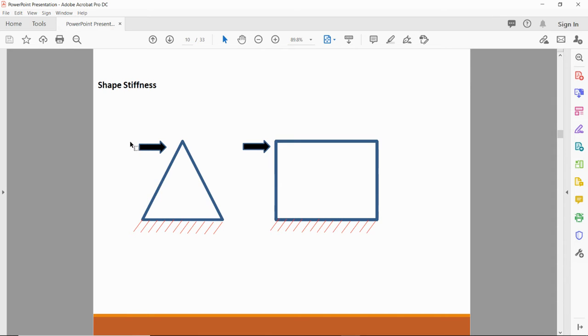If you apply the same force, let's say 100 Newton, at the top point of this triangle, and for the square we also apply the 100 Newton force at this point, the triangular shape will give lesser deformation compared to the square one, because the triangular shape has more stiffness. That's why in meshing the recommended element is a quad.